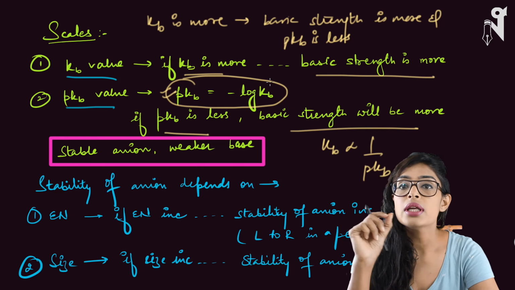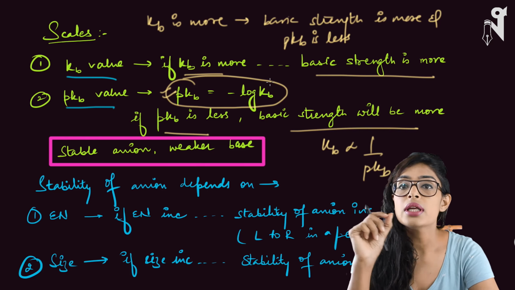And bases are the ones which either give their electron pair to something else or accept the H plus ion to neutralize themselves, right? So if any base or any negative species doesn't want to do that, that means it is a weaker base. That means it is not showing the basic behavior. I hope you got the point. So if I have a base which is not willing to decrease its electron density by giving its electron pair to somebody else or by taking the H plus ion to itself, it doesn't want to neutralize itself, that means it is not behaving like a base and hence it is a weaker base. So the more stable your anion, that means the happier your atom is with its negative charge, the weaker base it's going to be.